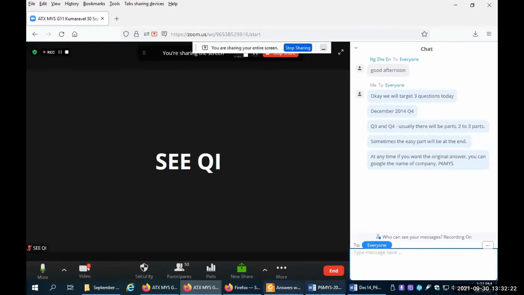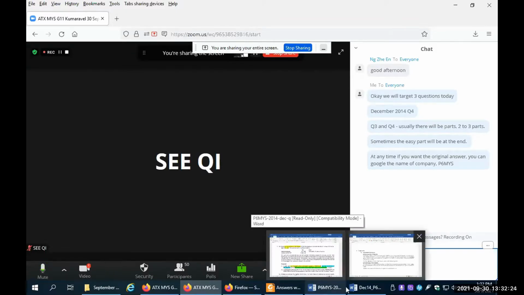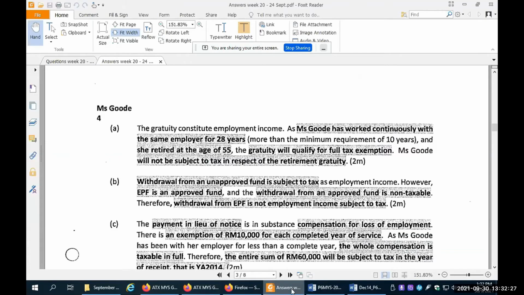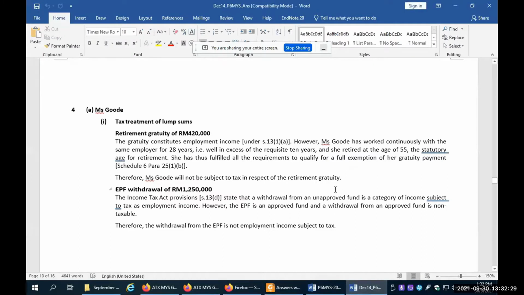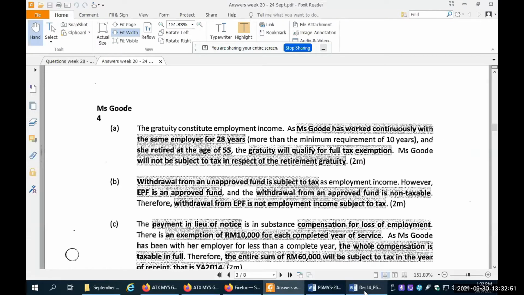Okay? Now, in this situation, you see, she used "not subject to tax," so I don't want to change. Although if you use "exempted," it's also correct. Actually, a better word is "exempted." But the answer says "not subject to tax," so I will not change it unless the law changes, because I want to give you her answers. So this is easy to get marks because you just link to the scenario. So what students usually ask